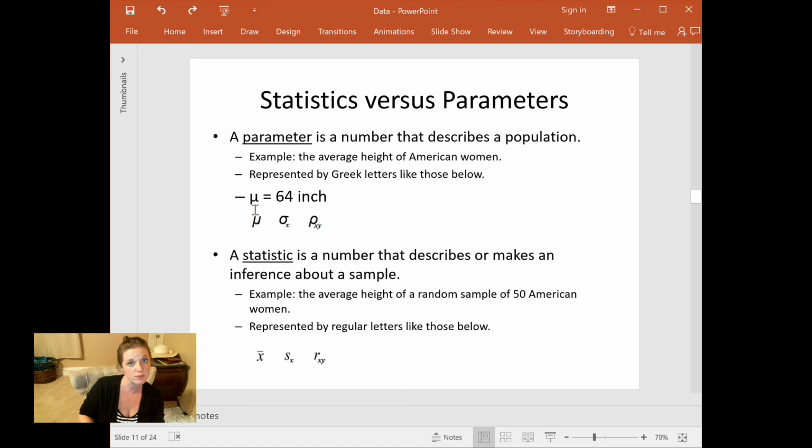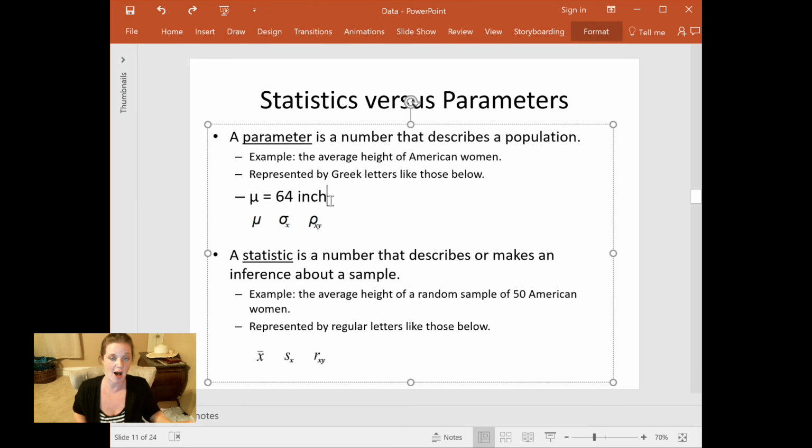And pi is actually a Greek letter as well. Mu is the symbol that always represents the population average, always. Now, different populations have different averages. The same population has different averages on different things, right? Like the population average for height for women is 64 inches. The population average for weight isn't 64. It's, I don't know, 140 pounds maybe, but we would still symbolize that as mu, except it's just the mu for a different variable, a different characteristic. That's the idea. But a population average is always symbolized as mu, as that Greek letter.